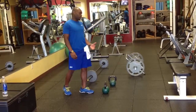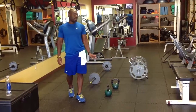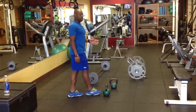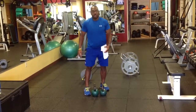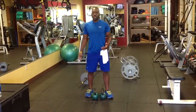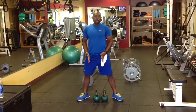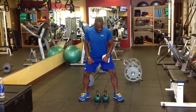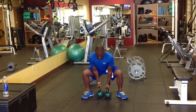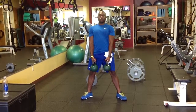How we progress that, obviously, we increase the load, so you have to have your kettlebell. Now, if you want, you can have a different emphasis by using two kettlebells. So now it's more of a sumo deadlift. With a sumo deadlift we're really incorporating the hip musculature a little more. Once again, I'm dropping down my hips, turning the feet out, kettlebells in the middle between my feet, squeezing my glutes, pushing through my heels,